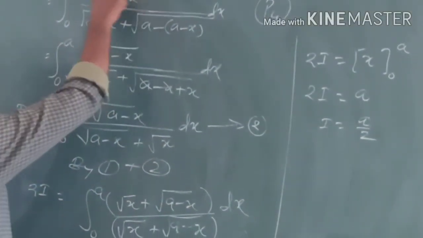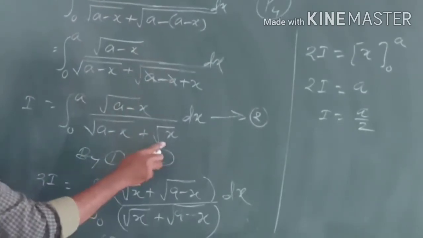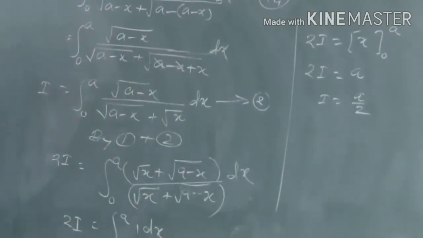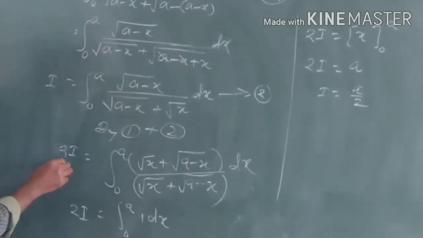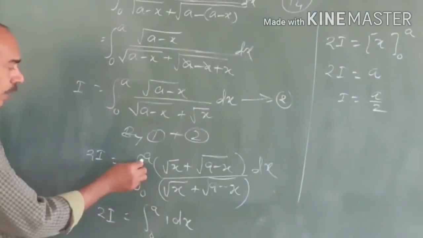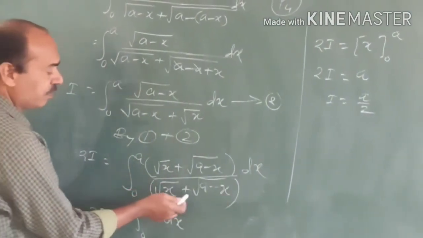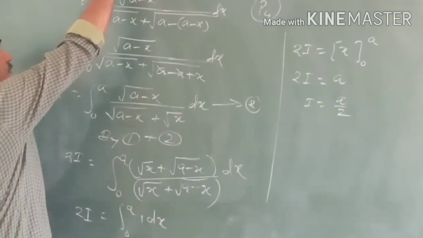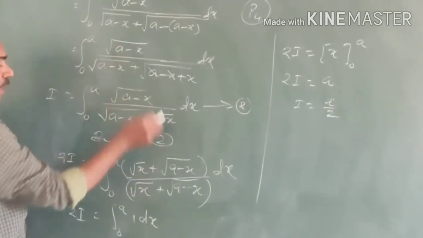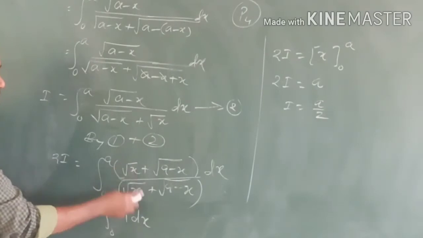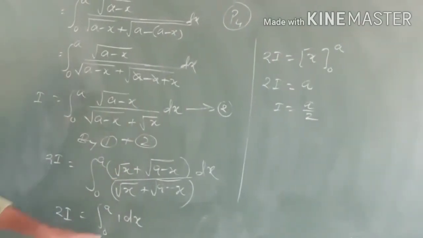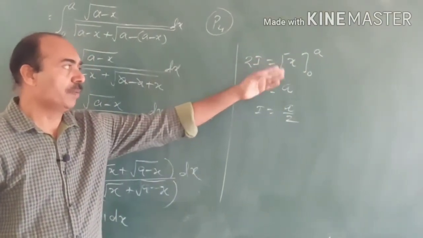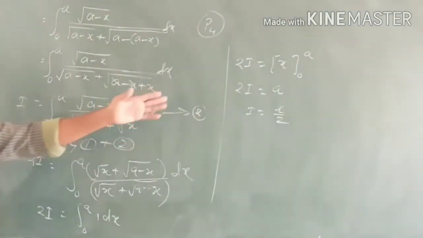Now observe equation number 1 and 2. Here the denominator is the same once again, under root x plus under root a minus x, so add equations number 1 and 2. By 1 plus 2, I plus I, and on that side write integral commonly 0 to a, and this is the LCM, which is under root x plus under root a minus x. Now the numerator of the first fraction, which is under root x, plus the numerator of the second fraction, that is under root a minus x. Now both are the same, so it cancels out, only 1 remains, and the integral of 1 is x. Raise upper limit minus lower limit. So a minus 0, it means only a, divided by 2, this is the answer.